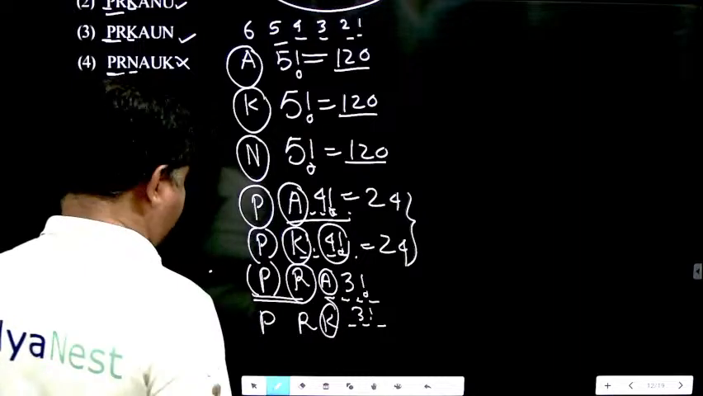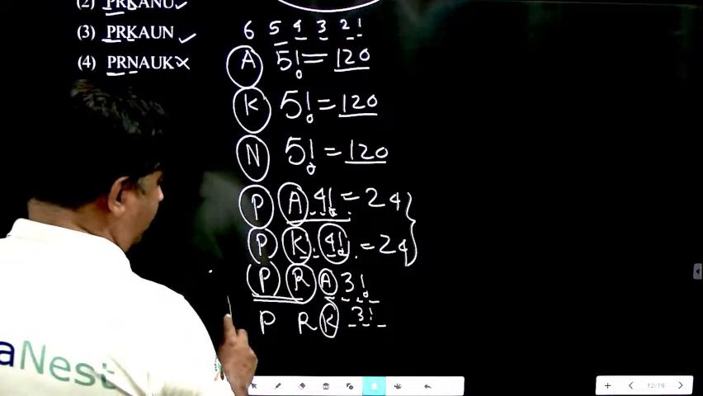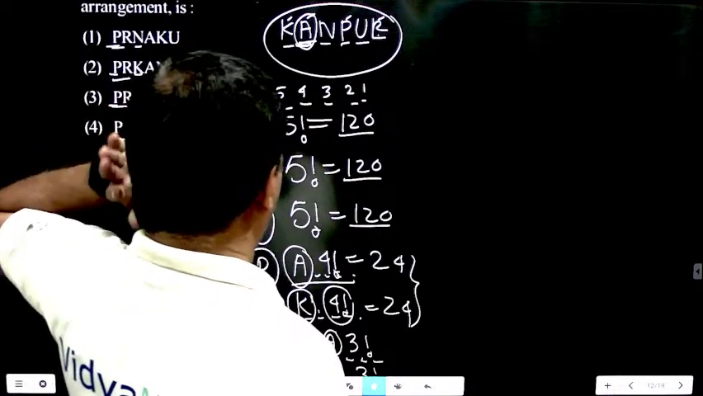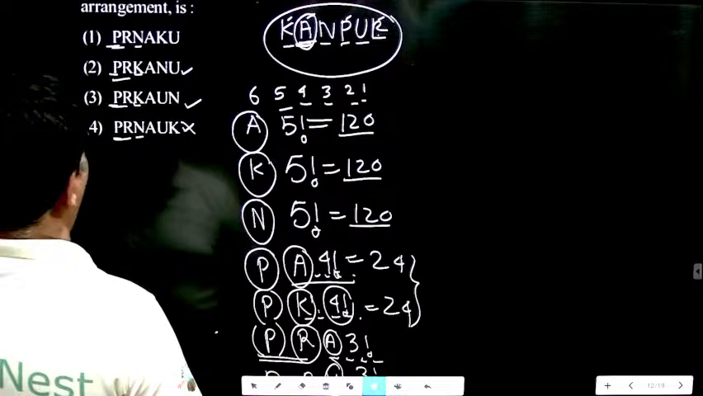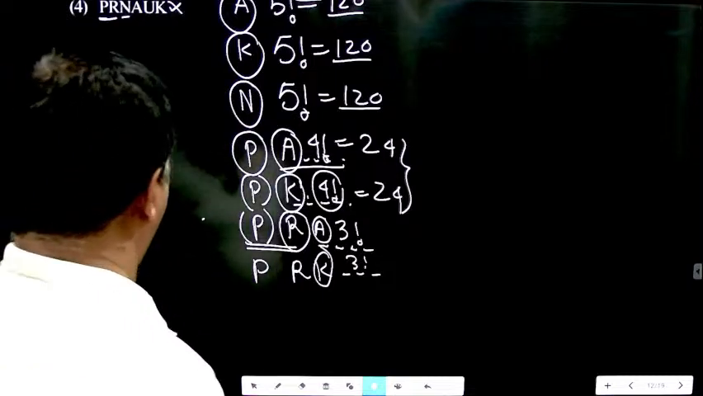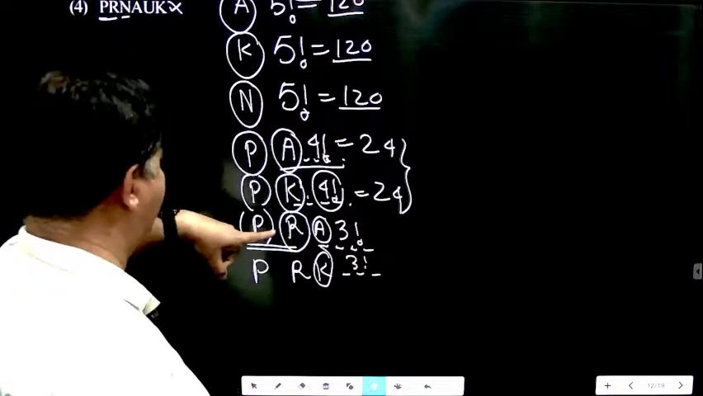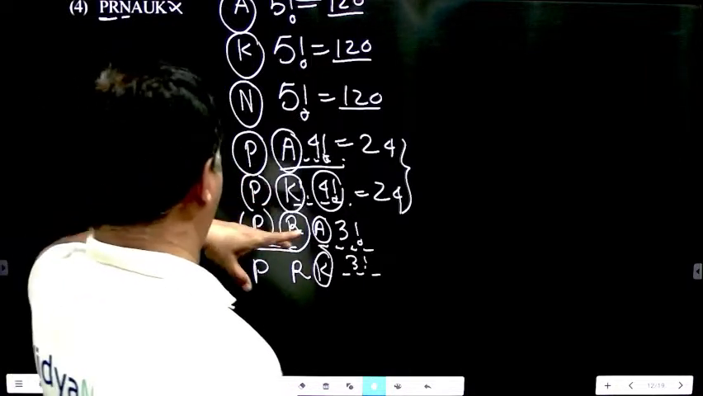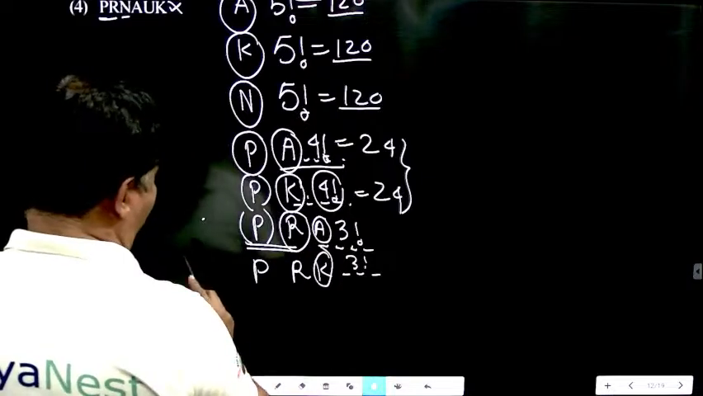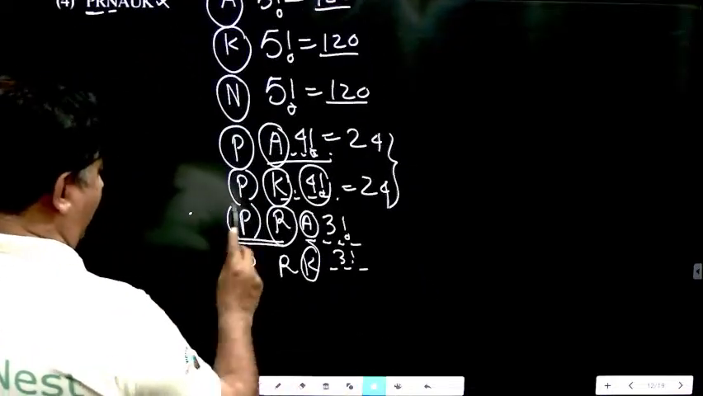Factorial 3. Now with K, all the elements are found. Now after K, N will come. N. One minute, just. We have got PR with PA factorial 4, PK factorial 4, and PR. Once I got R, then I will be a little bit cautious. PR, then